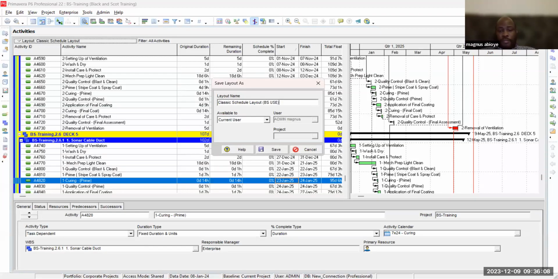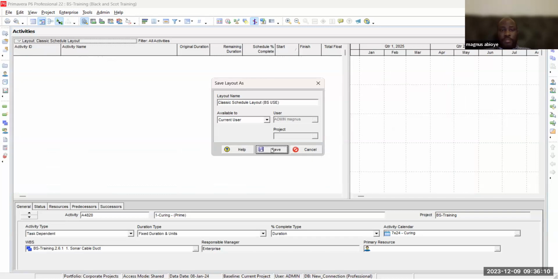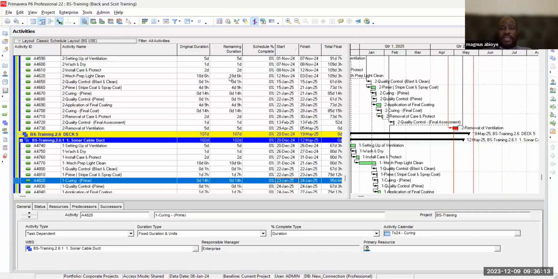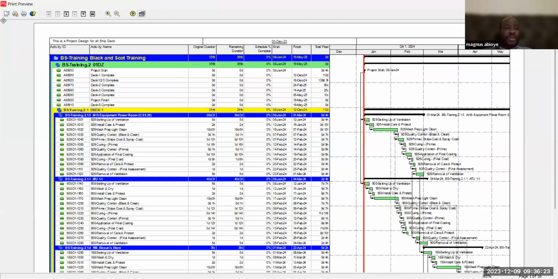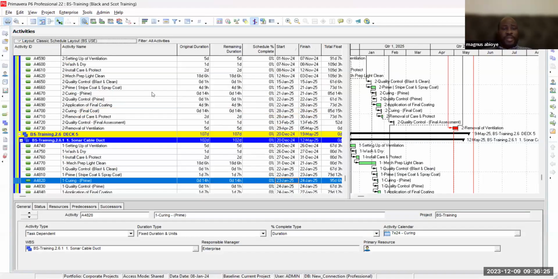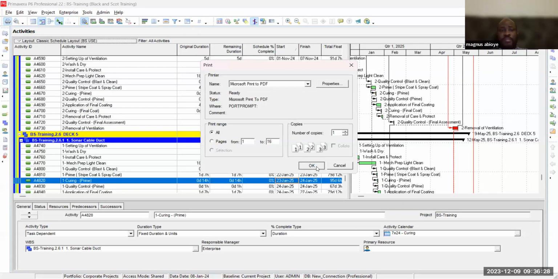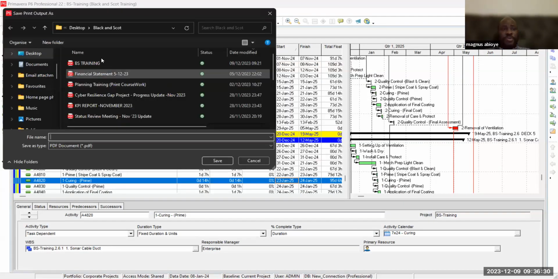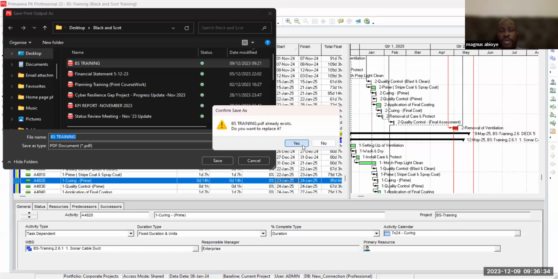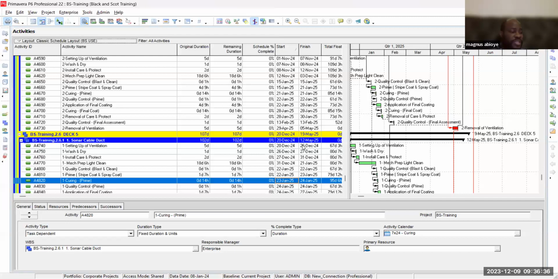Use, and then that saves it. So next time I go to print, I don't even need to preview. All I need to do is click on print and it takes me straight to what I need to do. I like it the way it was and I've saved it. So that's that about